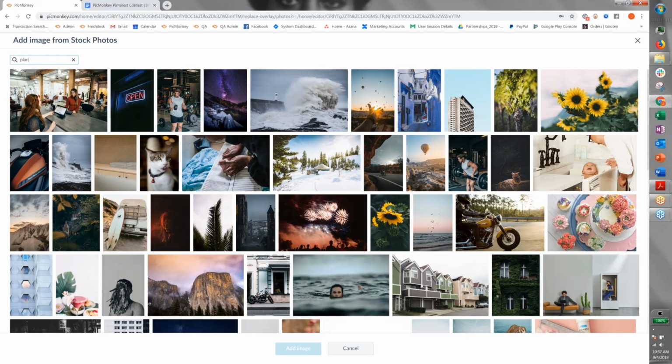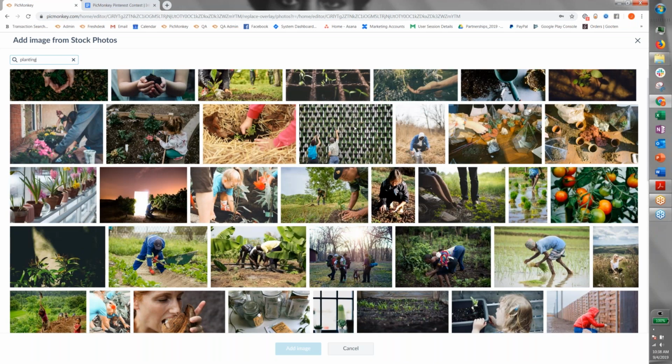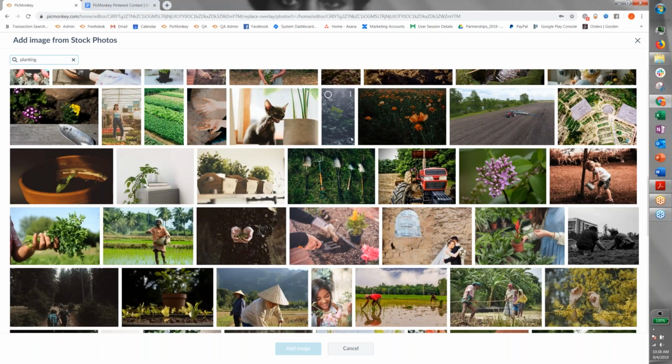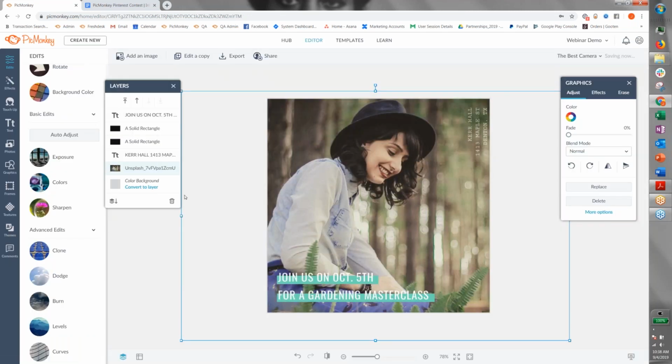So I will type in planting because I want to see people actually planting and getting involved here. I have to tell you that it's so smart to include people because it's easier for us to visualize ourselves in a gardening masterclass if we see people who look like they're in a gardening masterclass, right? Absolutely. So I really like this one. Let's go ahead and add this here. It's got a person, she looks super happy,